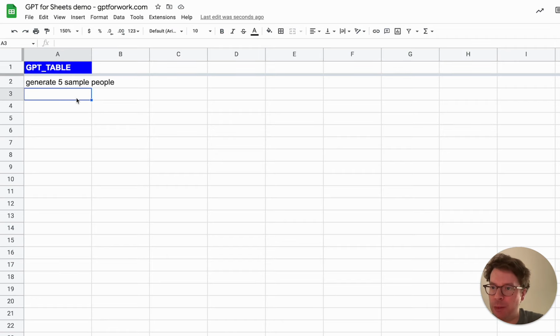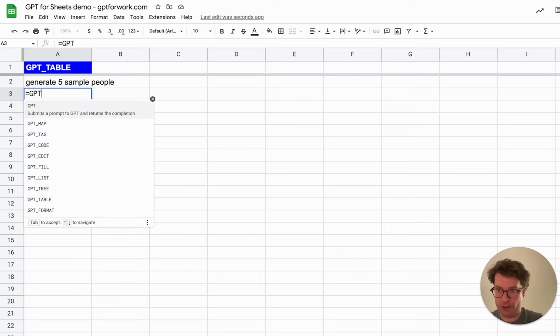So the GPT table function basically lets you prompt and have a table as a result. A great use case for it is actually generating sample data or dummy data. So say that I need to generate 5 sample people. I can just do this: GPT table, and then I put my prompt here, generate 5 sample people,